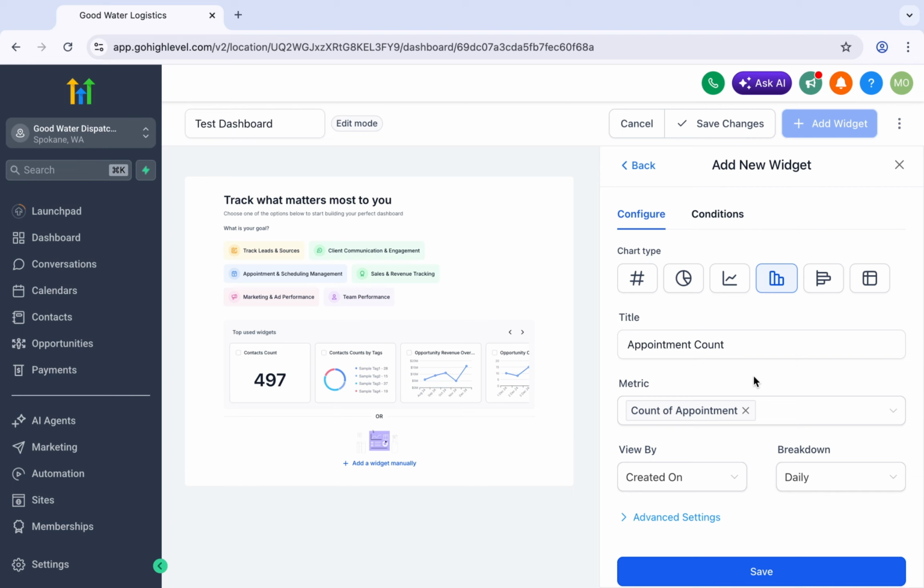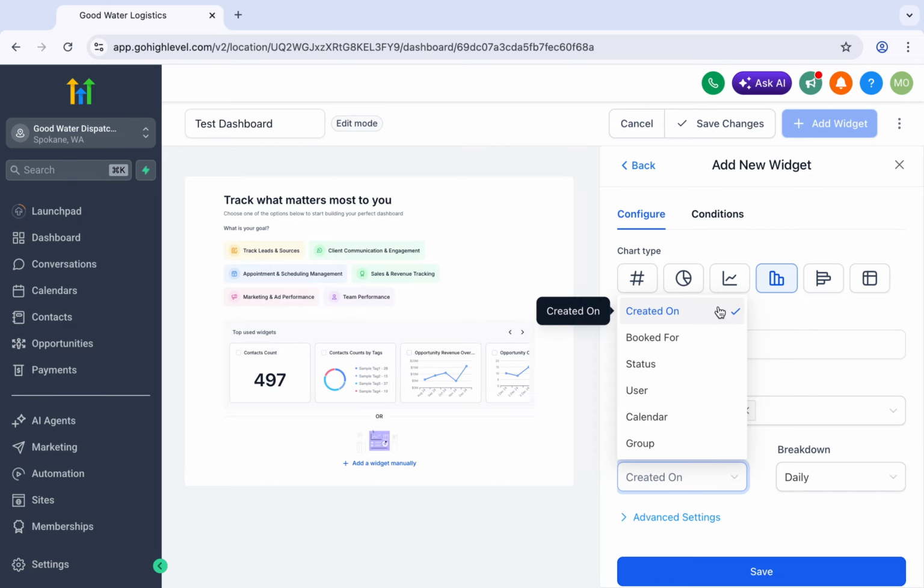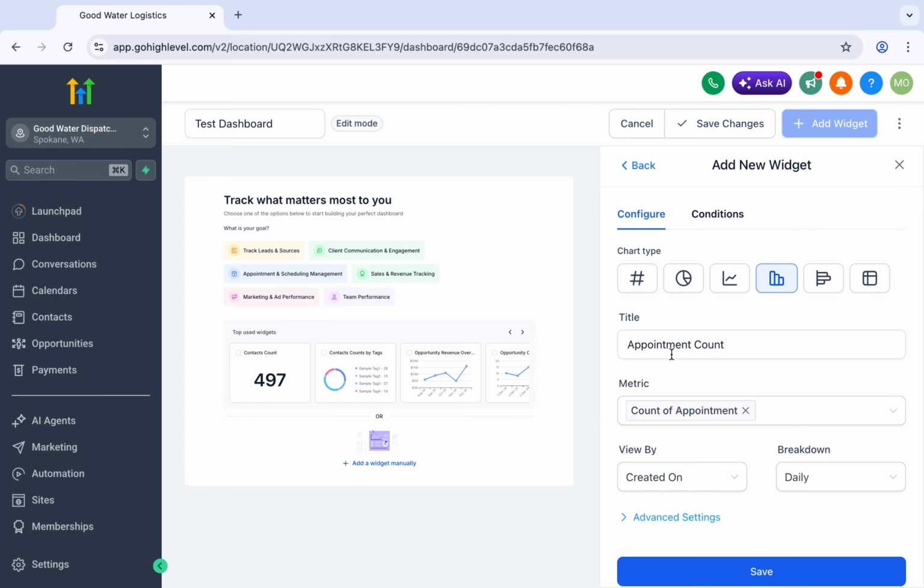It's going to show the number of appointments that we have, and then how you want to see that. By default, it's going to show us the appointments that were created on specific dates and on a daily basis. It's the number of appointments created on a daily basis within the sub account. So once all of the options have been selected, then you will just click on